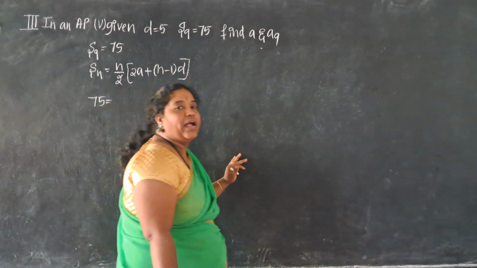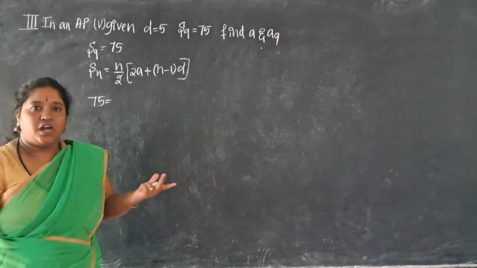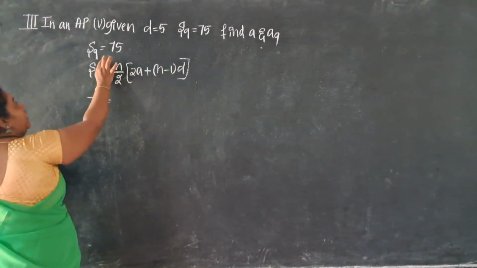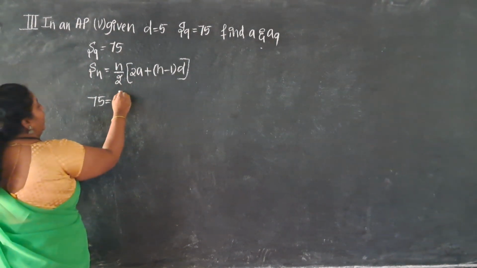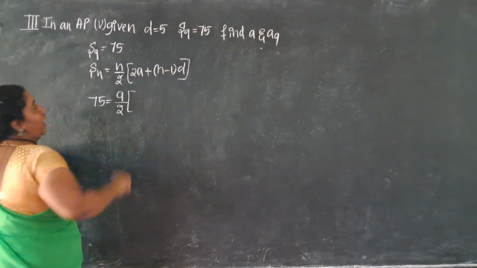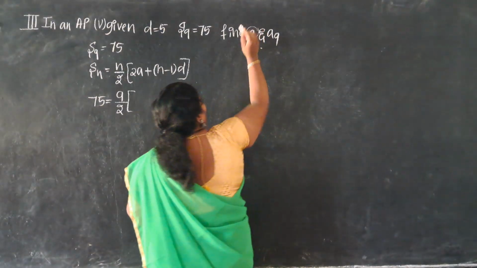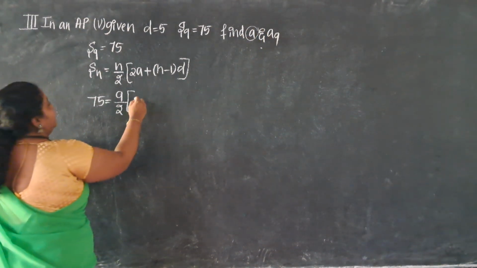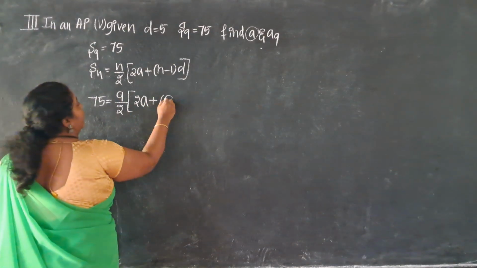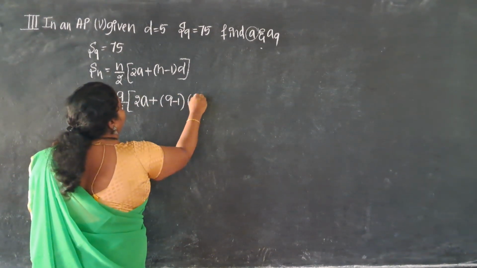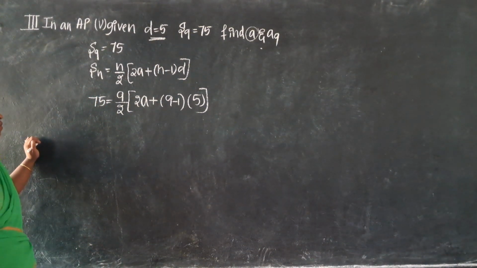And is n provided? Quickly tell me, is n provided? If you know, then please write in the comment section quickly. What is the n value I have got? Okay, look at the board. N is provided, dear. What is the n value I have? 9. Understanding? So n is 9 by 2 into bracket. See, A is not provided. That is what I should calculate. Find A. Understanding? I should calculate A. See, 2 into A, n is provided 9 minus 1, and D is also provided here. What is the D value? That is 5.